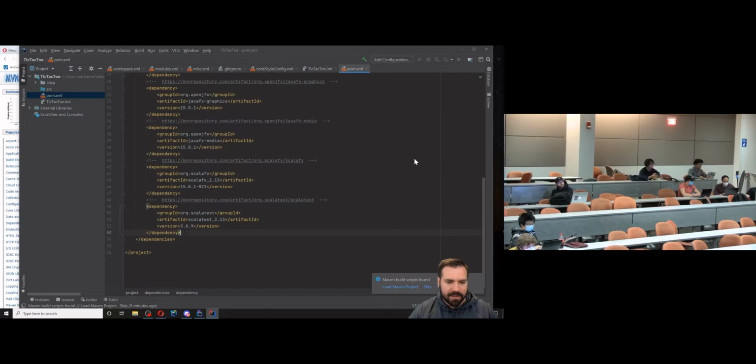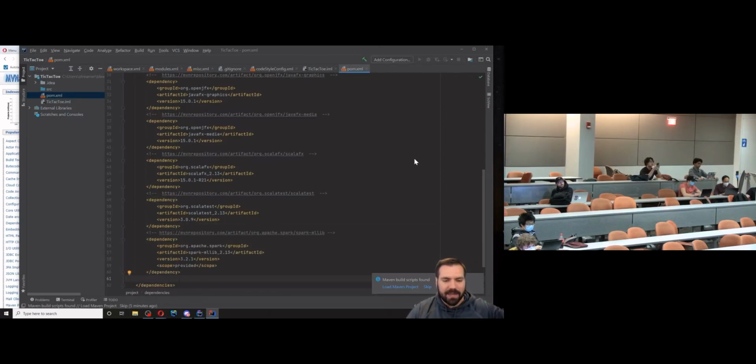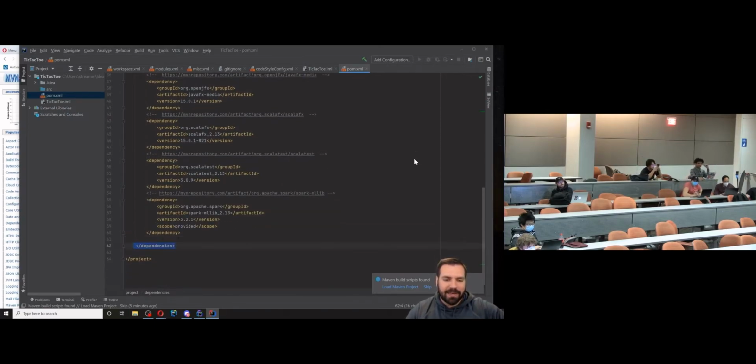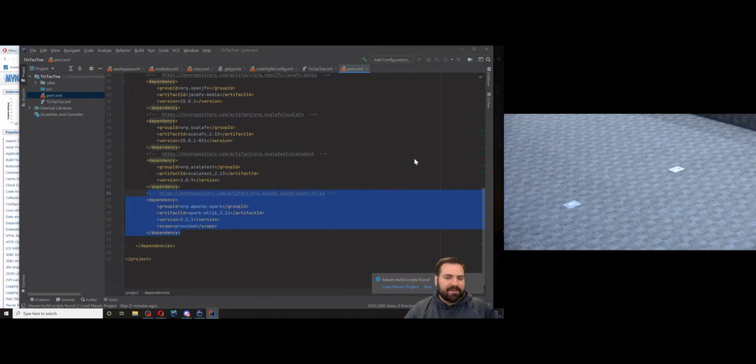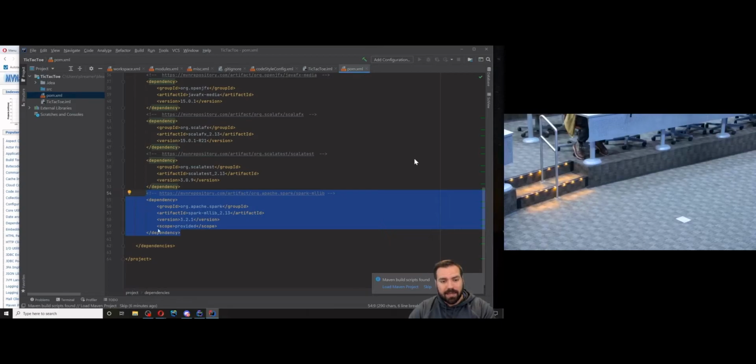I pasted it in the wrong spot. You gotta paste it in the right spot. You gotta paste it before the end of your dependencies. And then I have that library available in my project. So this is a really nice tool to be able to use external libraries. Just plop the dependency right in your pom.xml,